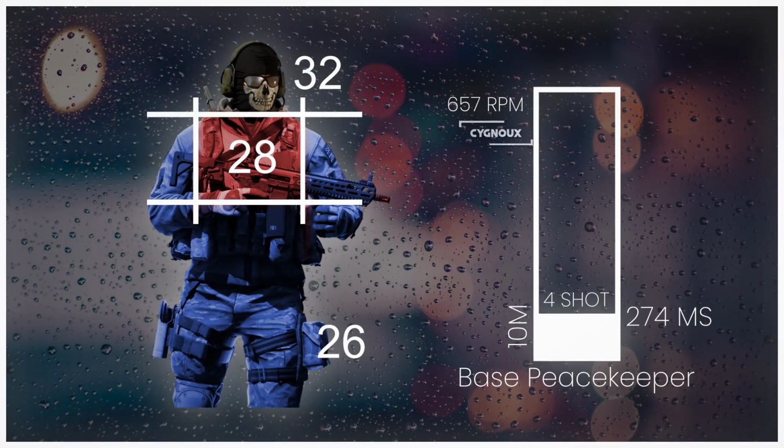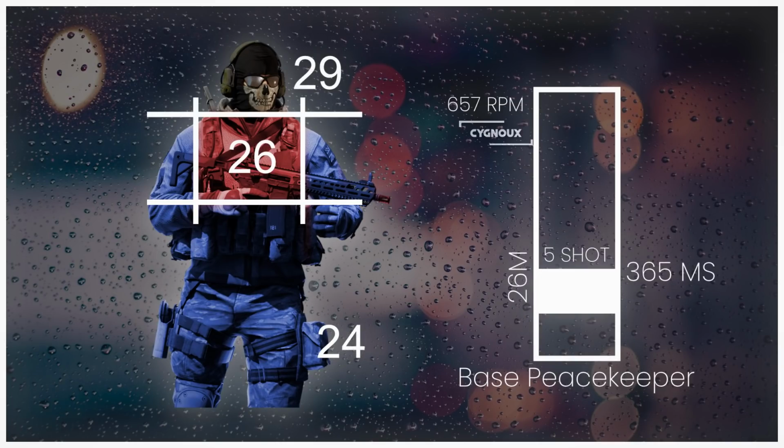The Peacekeeper in the 10 meter range deals 26 average damage and the hitboxes are very precise, so we can't rely on getting chest shots, thus 26 is the base damage. And we have a base 274 milliseconds time to kill, which isn't bad and faster than the average assault rifle time to kill. From 11 meters to 26 meters, we have a 5-shot kill range which takes 365 milliseconds, which